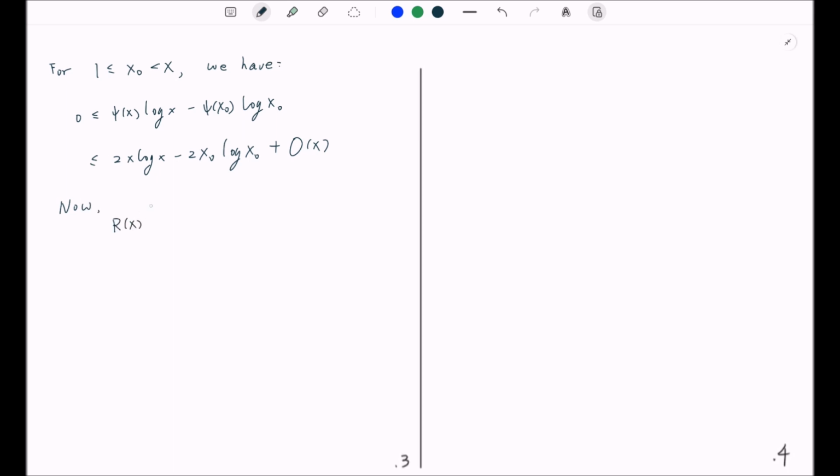We look at r of x log of x minus r of x naught log of x naught. By definition of r, what is this? This is equal to psi of x minus x times log of x minus psi of x naught minus x naught times log of x naught. And if you break the parentheses,